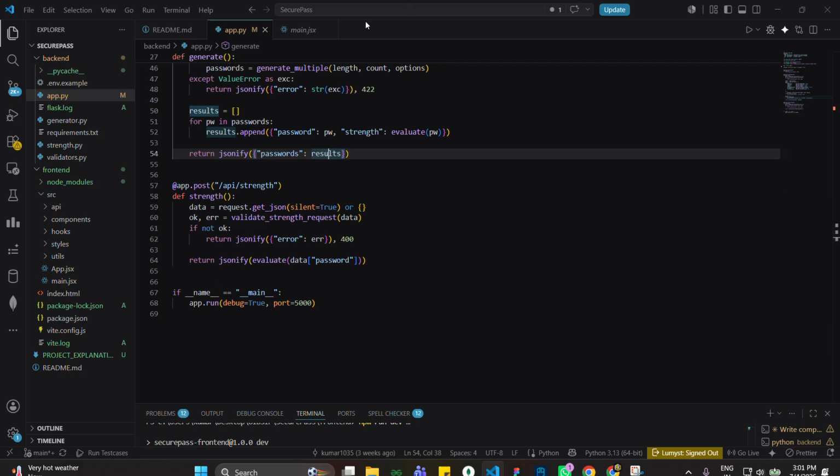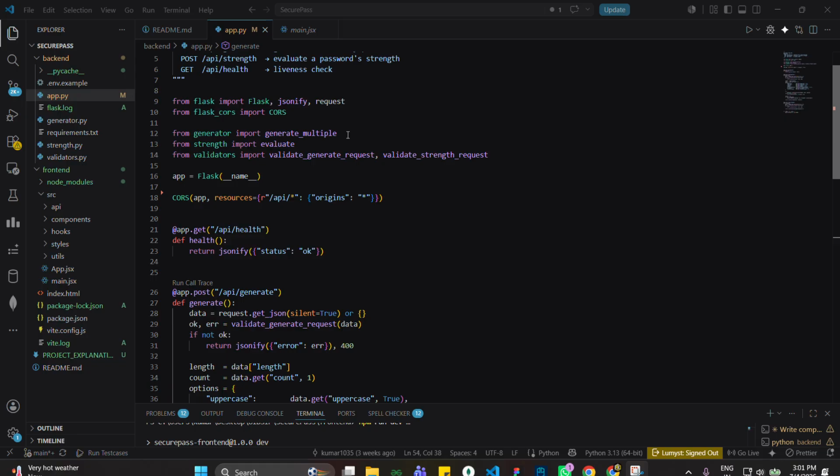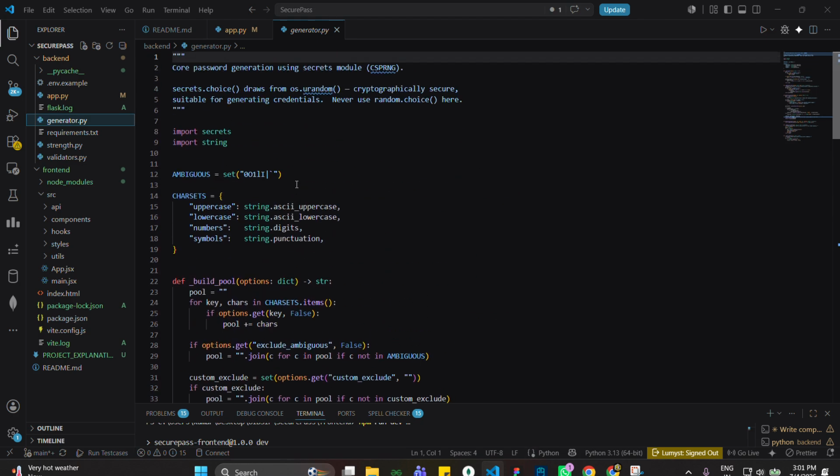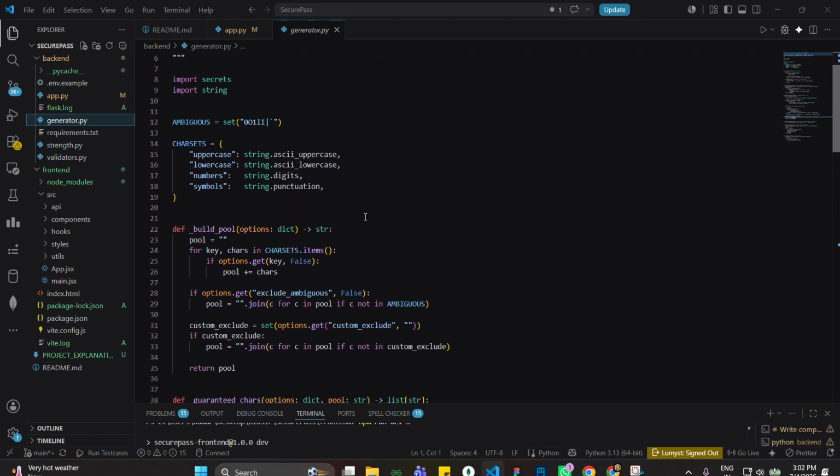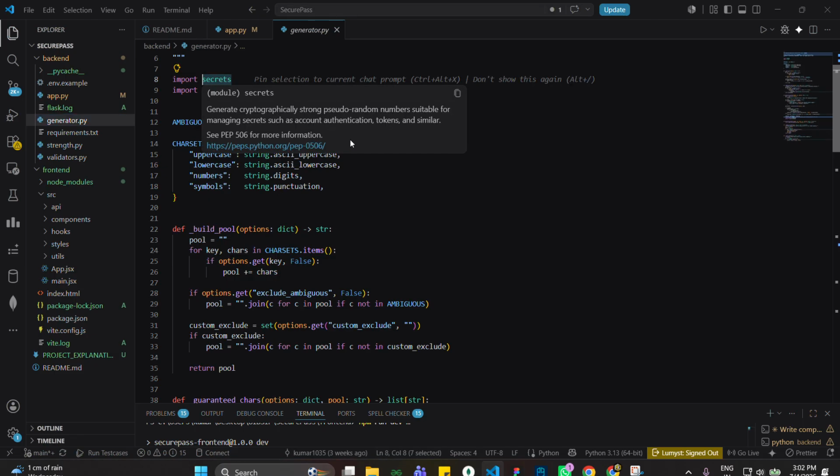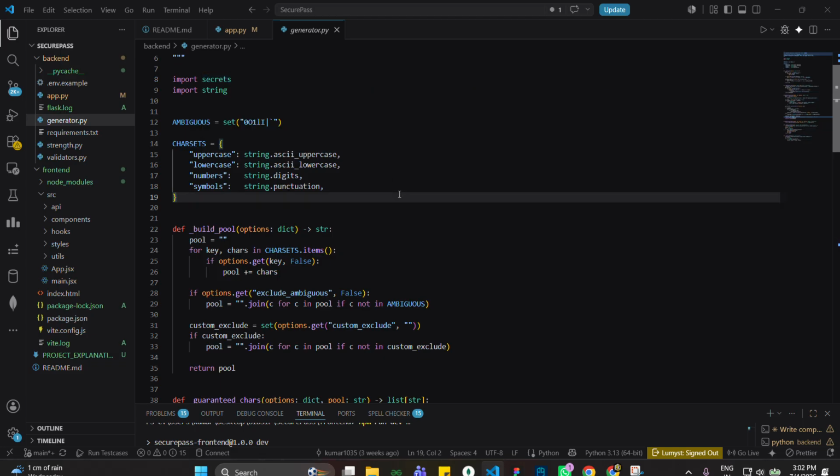Okay, now here is the generator.py file. It is basically the cryptographic code. This is the most interview-relevant part, what we can say. I have used the secrets module instead of random, as random is reversible and deterministic. If you observe the inner code, secrets is basically built on os.urandom, which draws from the operating system's cryptographically secure entropy pool. So for anything security-sensitive, like a password, token, or session ID, secrets is the correct choice. This is what I thought, and